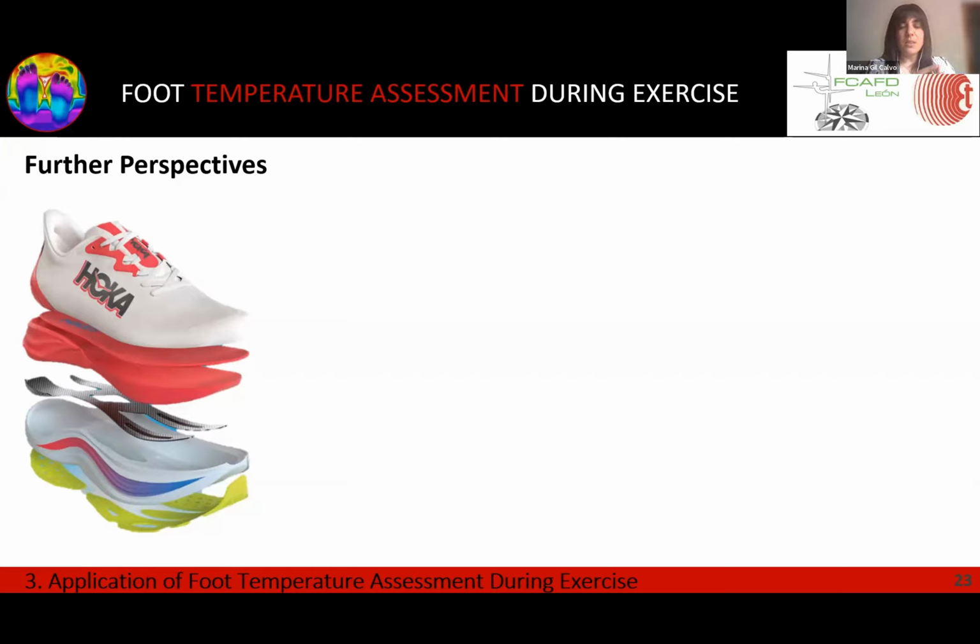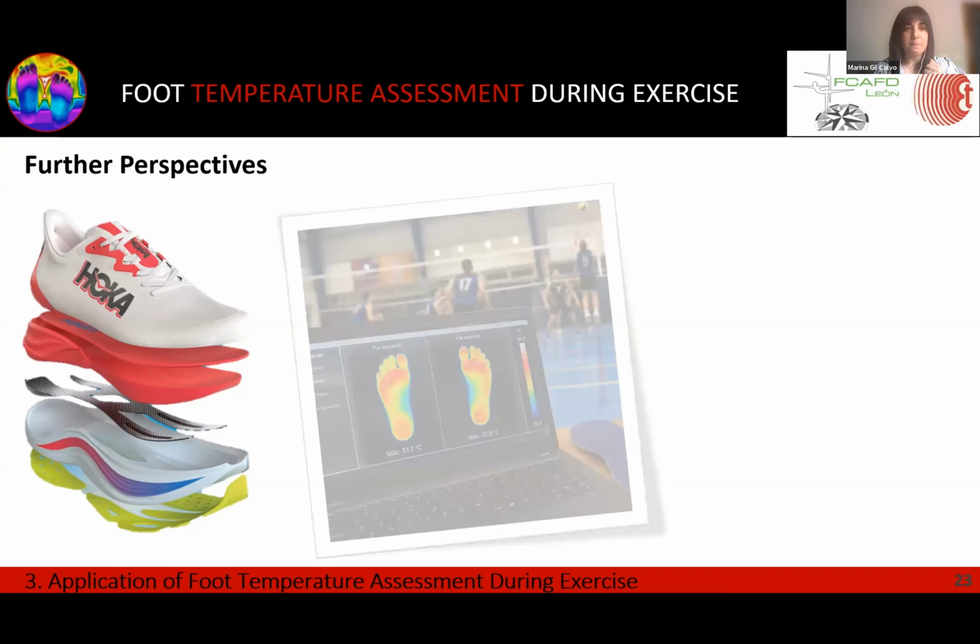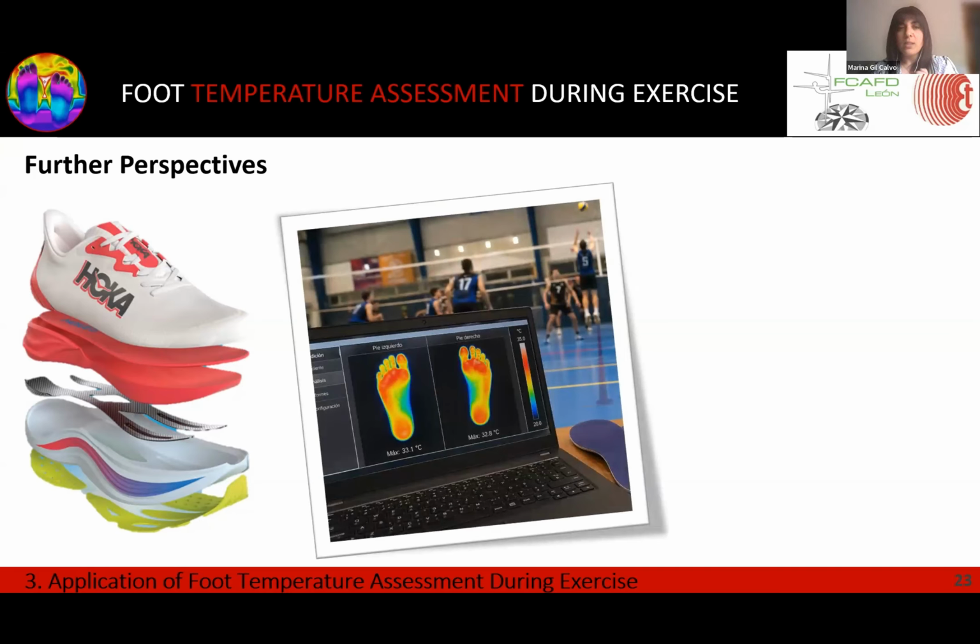But in this case, I think it's probably better to assess this over short periods of time to avoid the influence of this moisture accumulation and the shoe microclimate, which may mask the acute effects of the carbon fiber plate. It would also be interesting to investigate footwear use in other high-impact sports, such as volleyball, badminton, or football, which involve different movement patterns like frequent jumping or changes of direction, which may also affect plantar thermoregulation.